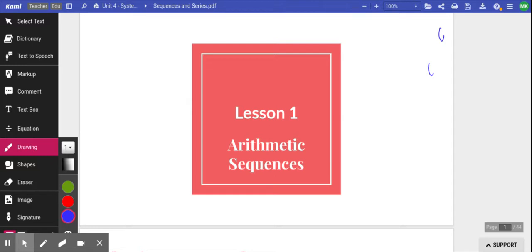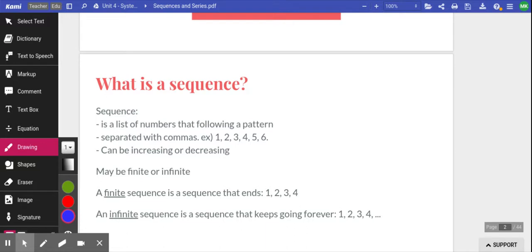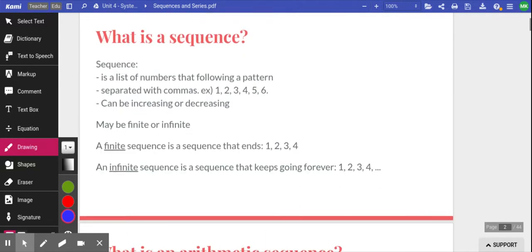So today we're going to learn about something called arithmetic sequences. You're going to find it's actually pretty easy. It's kind of just about patterns. When we talk about a sequence, it's just a pattern of numbers. For instance, this is a sequence, right? It goes 1, 2, 3, 4, 5, 6, and you notice that there's commas after it. The patterns could be increasing, decreasing, as long as it's just a number followed by another number, followed by another number that goes in some sort of pattern,